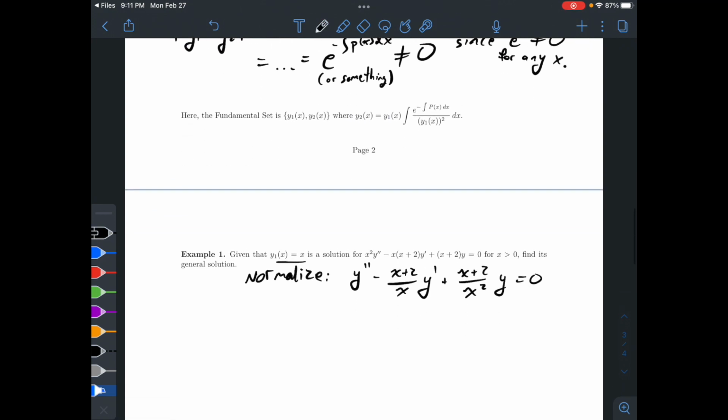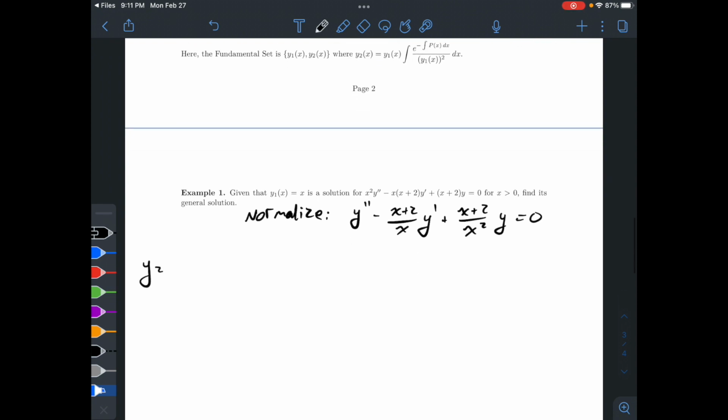So y1 is just equal to x. So then y2 is equal to y1 times the integral of e to the negative p of x dx all over y1 squared dx. And if I shove all that information into this formula, y1 is equal to x,